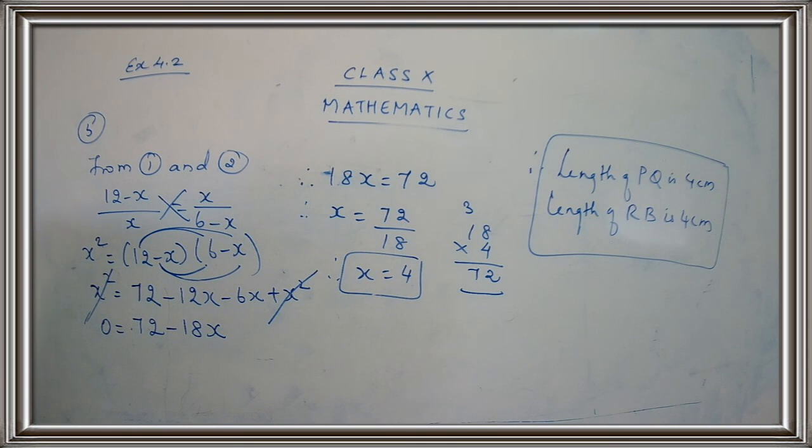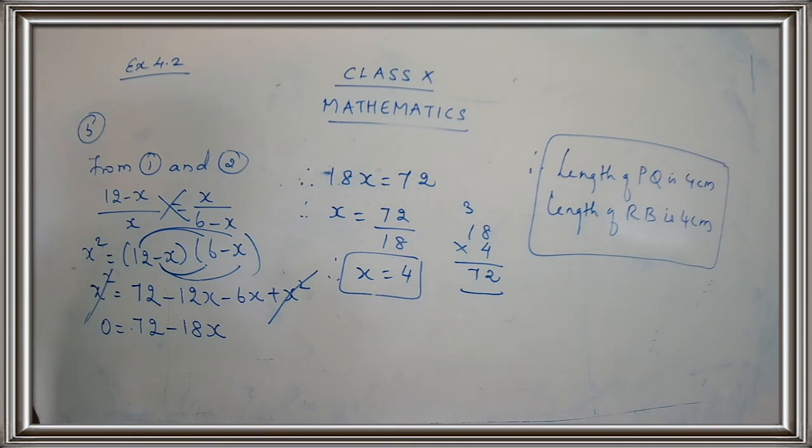Okay, children, so we have just done two sums, that is sum number 4 and sum number 5. We used the BPT. Yes, children, we have applied the basic proportionality theorem, and we have arrived at the answer. Now it's time for your homework, children. You are going to complete sum number 6 and sum number 7 as your homework. Okay. Sum number 6 and sum number 7.